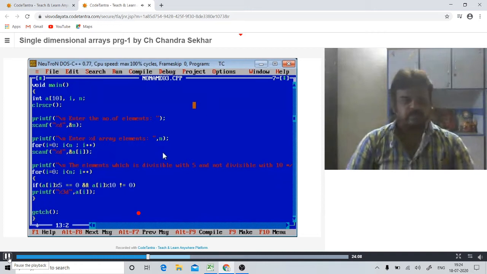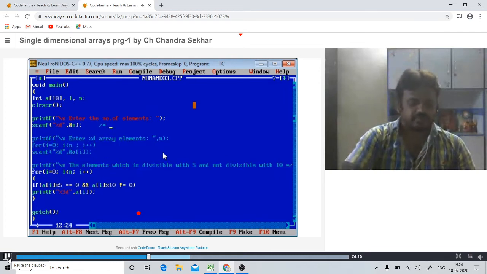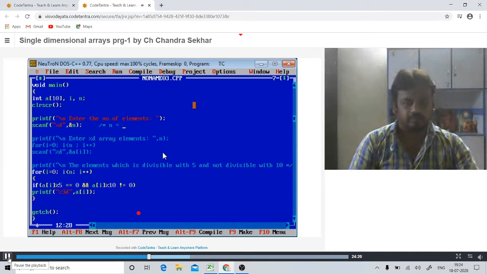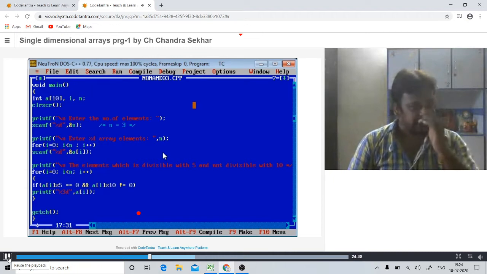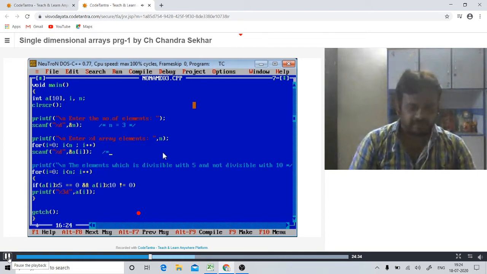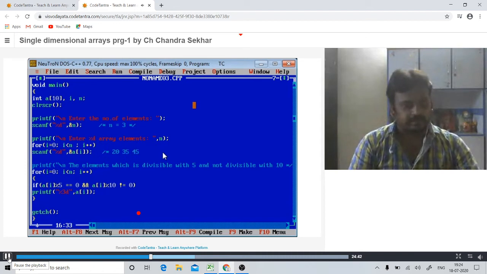So if the condition is true, then only print the array element. When I am executing this program, the first statement is enter the number of elements. Just assume my n value is 3. Next it asks to enter 3 array elements, and my 3 elements are 20, 35 and 45.